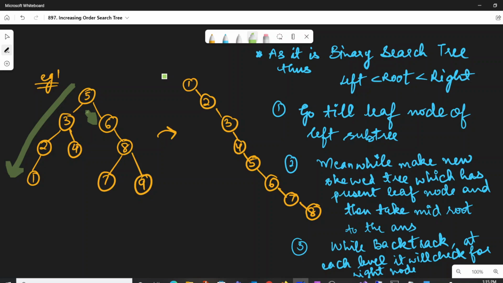Meanwhile, make a new skewed tree. This is basically a skewed tree in which we don't have any left node, we have just right children only. Then we take the present leaf node, and then take the mid root to the answer. So we are going towards the left subtree, taking whatever was leftmost, and then the root of that left node,